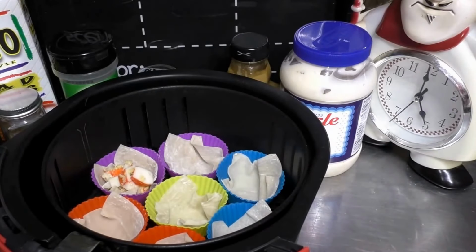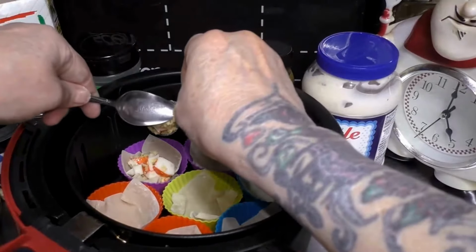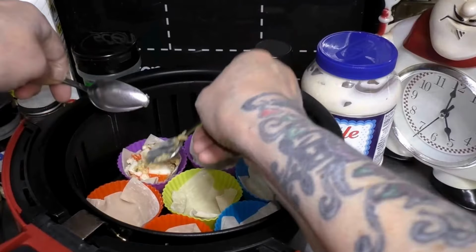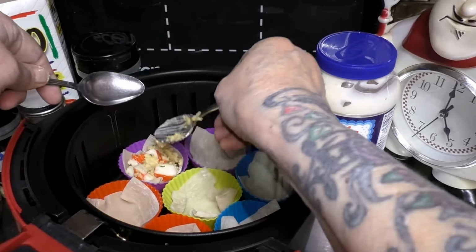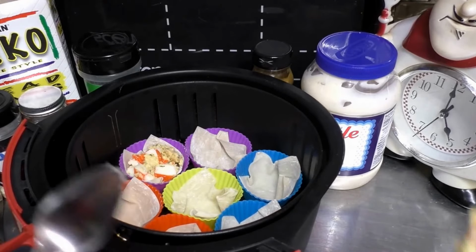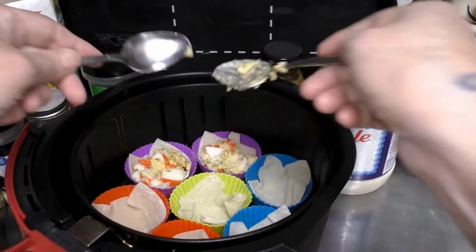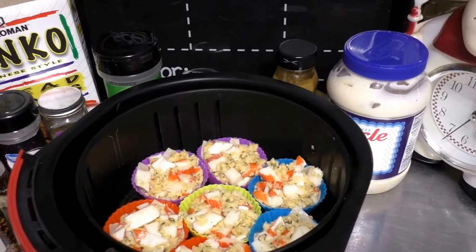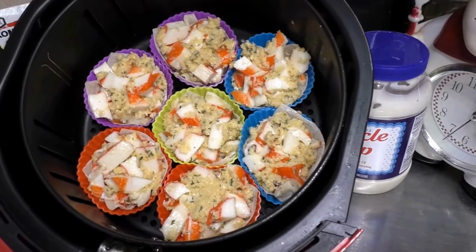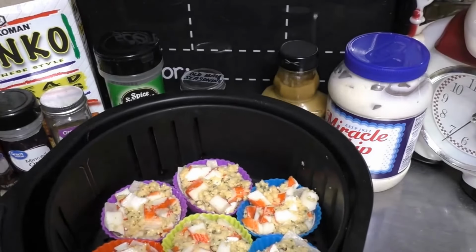I'm going to grab another spoon, so I'll be right back. Okay, let's go ahead and just push that all down inside each one of the cups. And I'm going to continue on filling all of my cups up. I want to give you a bird's eye view of these beautiful little babies. Oh my God, they look so luscious. They smell like they're going to be